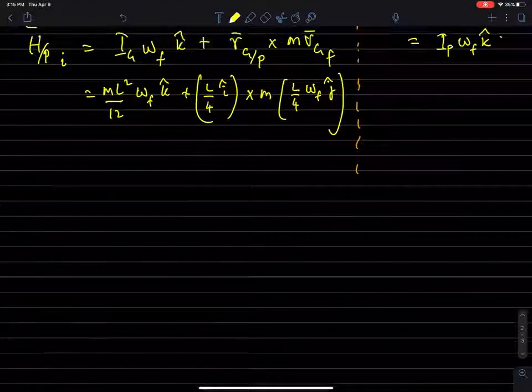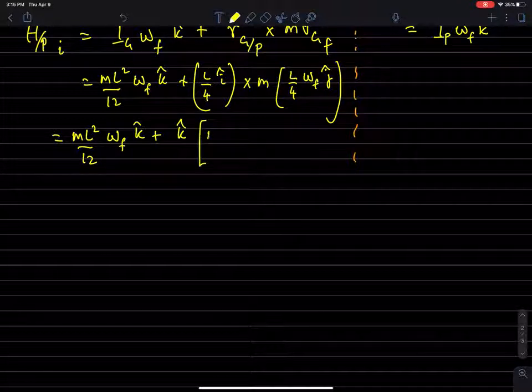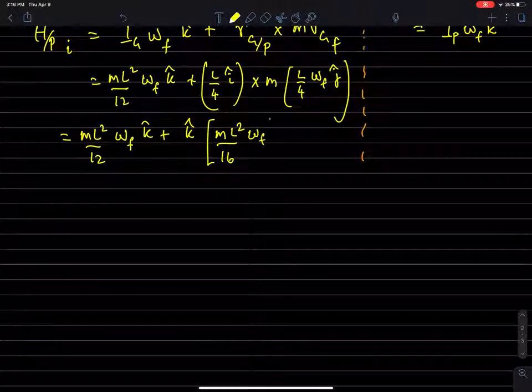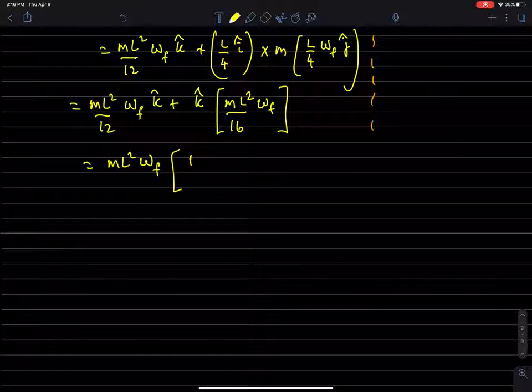And we can expand that out to get m L squared by 12 omega F k plus i cross j is k. So k m L squared over 4 times 4 is 16, omega F, same thing. And we get m L squared omega F times 1 over 12 plus